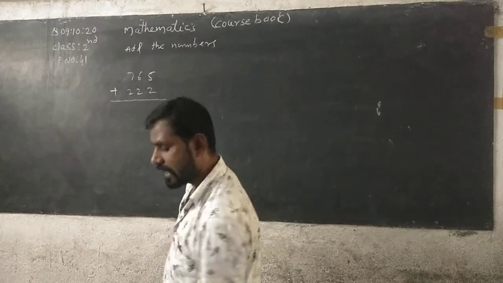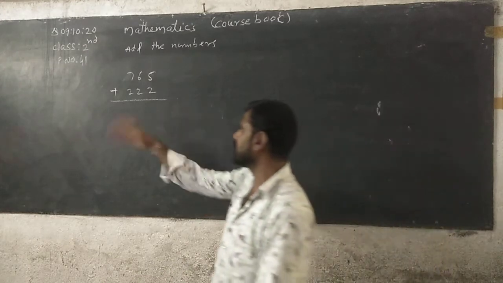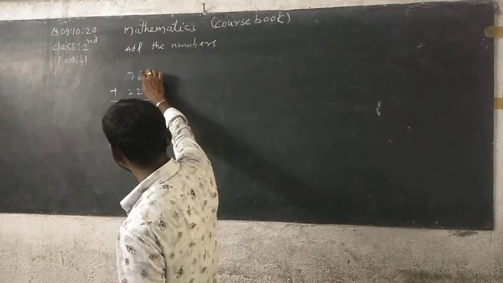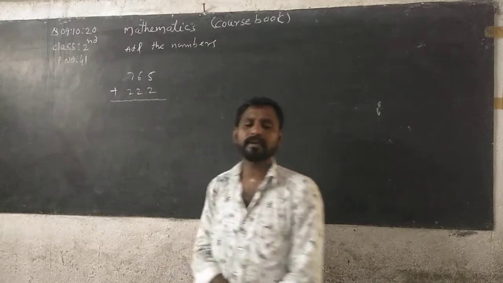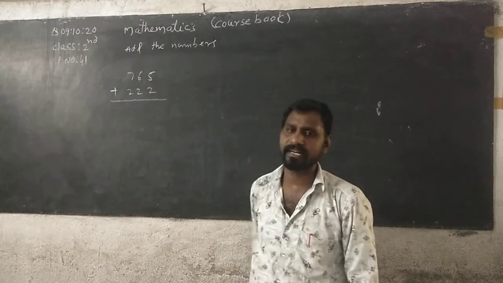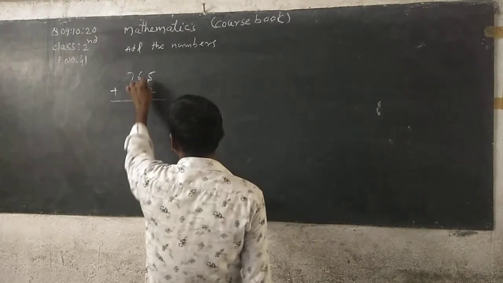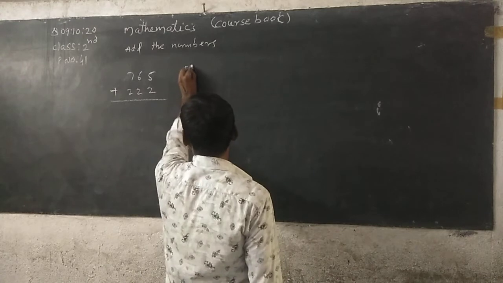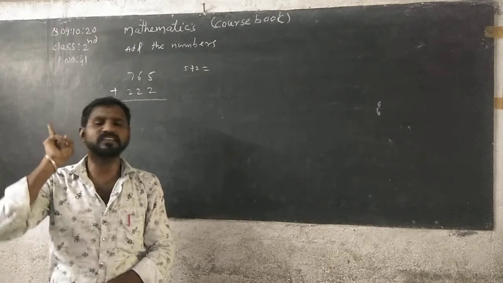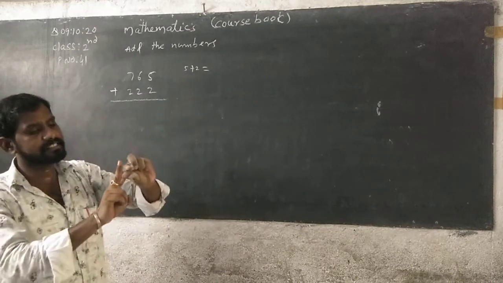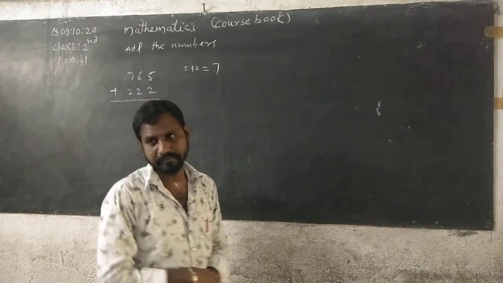While you are doing addition problems, first we add the digits in ones place. This is the 3-digit number. This is called the ones column, the tens column, the hundreds column. A 3-digit number has 3 places: ones, tens, hundreds. First we add the digits in ones place, that is 5 plus 2. Keep 5 in the mind and take 2 fingers in your hand. You can count 5 after 6, 7. Write 7 under ones column.